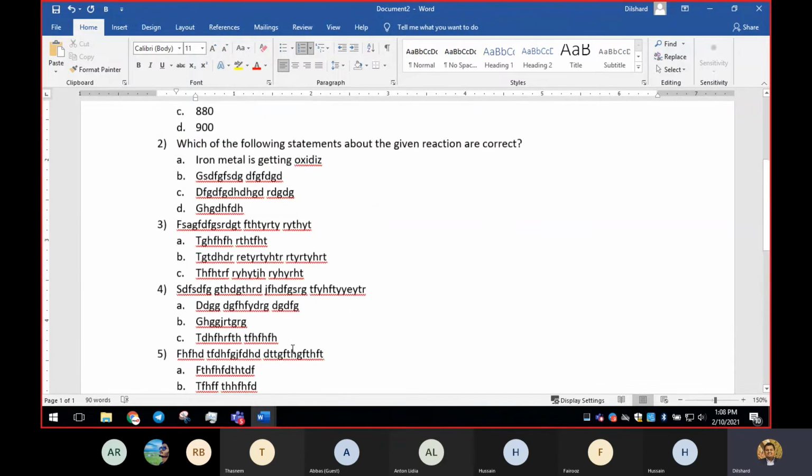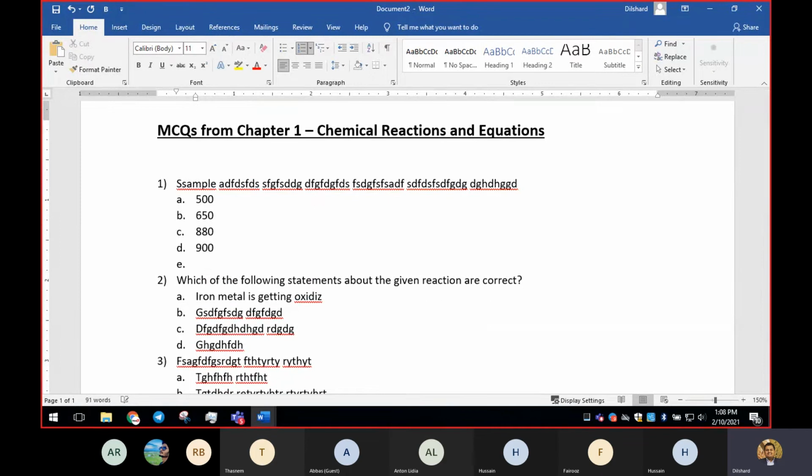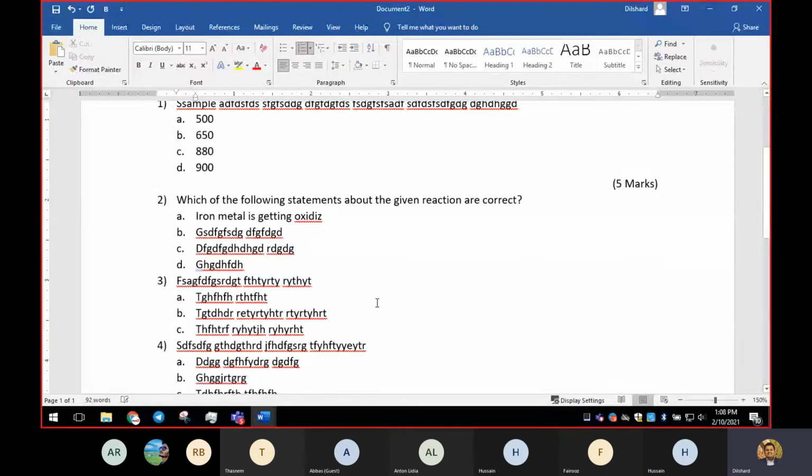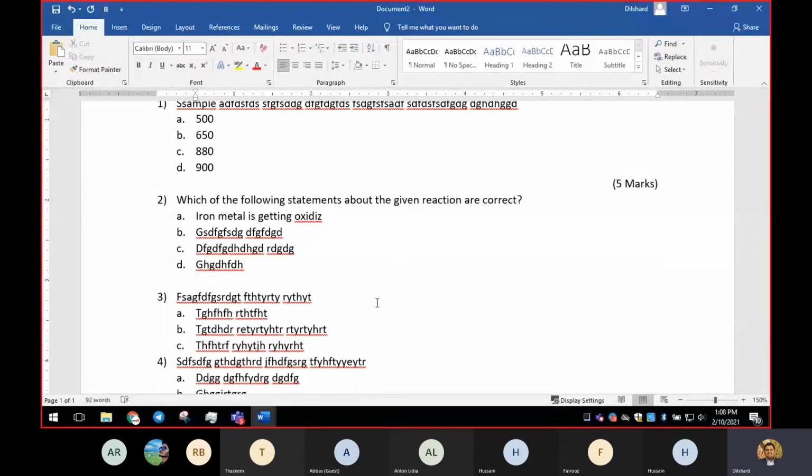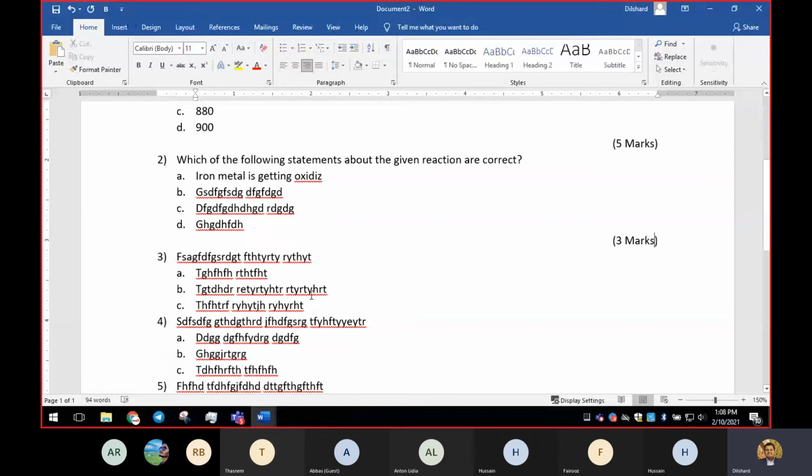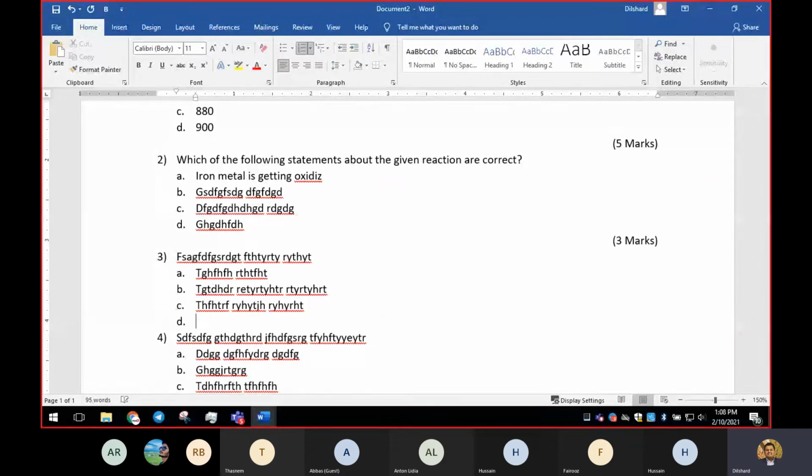Now we'll allocate some marks. So I'm going to press enter, and I'm going to erase, and I'm going to type the marks that I'm willing to allocate. I will say 5 marks, and as someone said, I'm going to move it towards the right. And I'll do the same thing again for this. So I'm going to press enter, remove, and this will say 3 marks and towards the right.